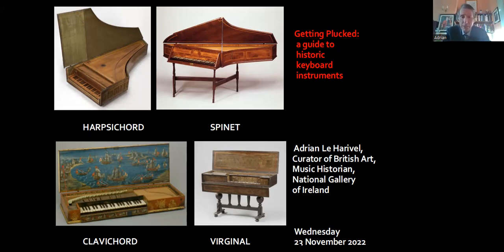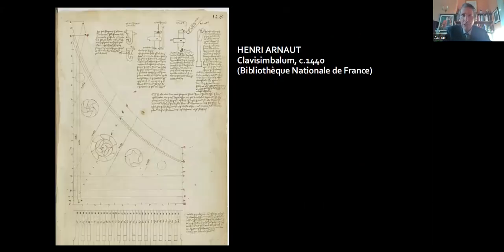You'll be seeing all these a little later, the 4 major types of plucked instrument, unlike the hammer used for the piano. I'm going way back to the 15th century because there's this fascinating drawing by Henri Arnaud that seems to present a 35-key instrument that looks rather like a harpsichord. It has 5 roses, in fact, but one wonders whether anything like this was actually being made at the time. He's much more concerned with the mathematics of proportions, as has always been a concern for a lot of musicians,